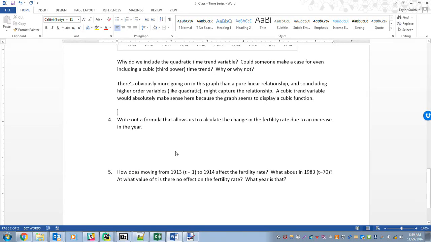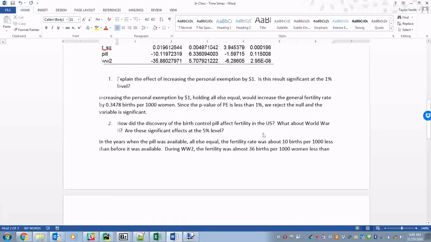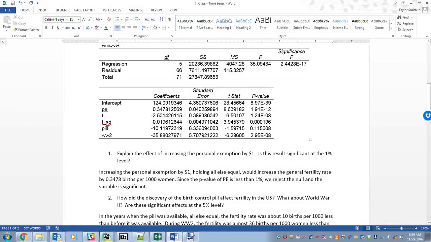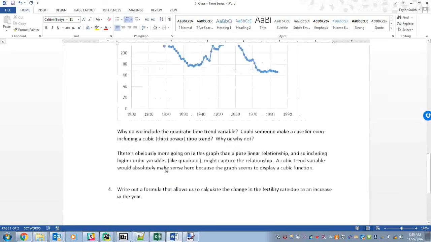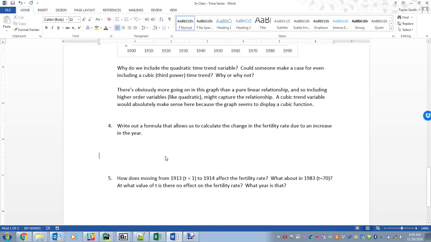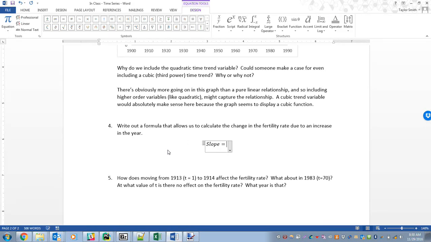Write out a formula that allows us to calculate the change in the fertility rate due to an increase in the year. So if we come up here, we look at the year. Up here, we have a t and a t squared. Remember, t is our time trend. And so anytime you have that squared variable, we're going to have to use our quadratic slope formula. So remember, our quadratic slope formula is, slope is equal to